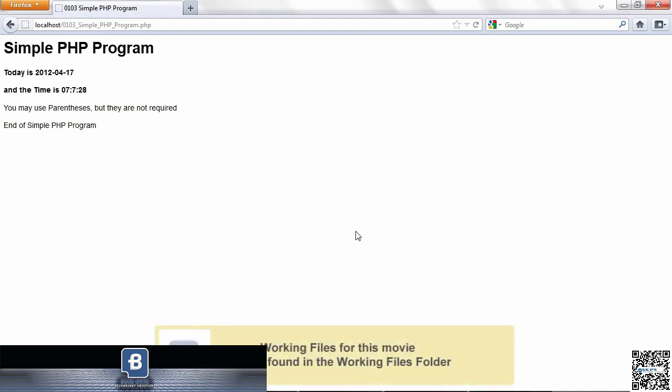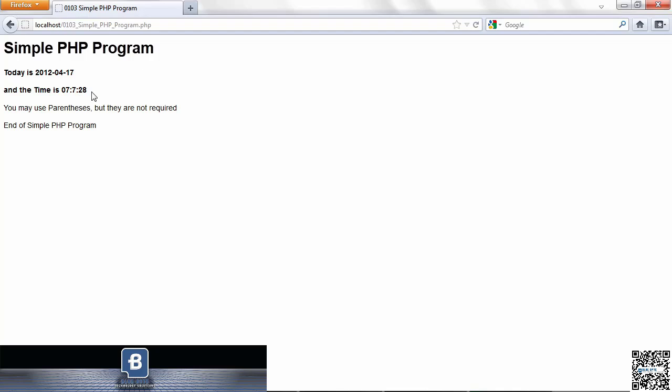This presentation is on using a simple PHP program. And you can see from the heading on the page that it is a simple PHP program. So what's going on here? It tells us the date, puts the time over there. Time's not doing anything, it's just sitting there. It's got an interesting sentence. You may use parentheses, but they are not required. Well, good to know. Well, I'm going to show you why I put that sentence there when I show you